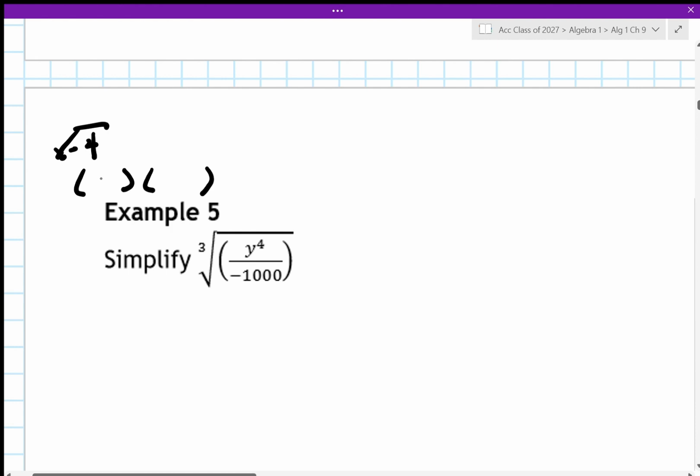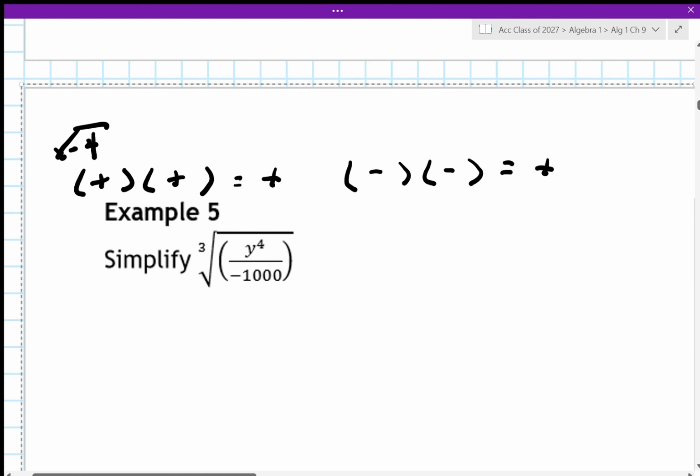negative. You think about if you've got a positive number and a positive number, that's going to give you a positive number, right, when you multiply. What if we had a negative number and a negative number? Well, a double negative is a positive. So whenever we have square roots, and this can be generalized to any even numbered root, they have to be positive underneath it. But once you have a cubed root, let's say the cubed root